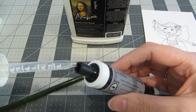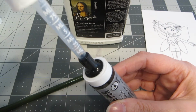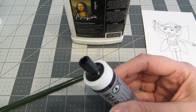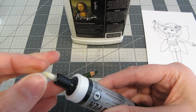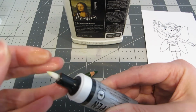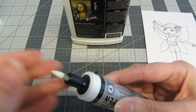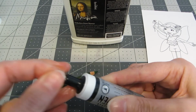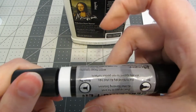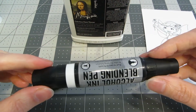Now place that down in the opening of your pen and just squeeze the odorless mineral spirits into the barrel and place the nib back in. Make sure it fits all the way in tightly. There's a little notch and kind of a little peg, so you can make sure that that's in really well. And if this is the first time filling your pen, just make sure you snap that cap on really well